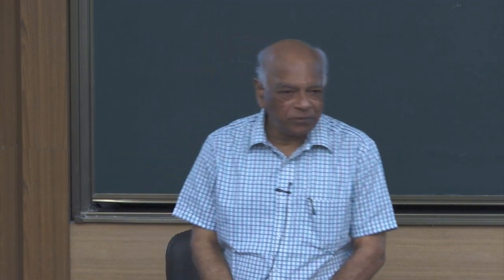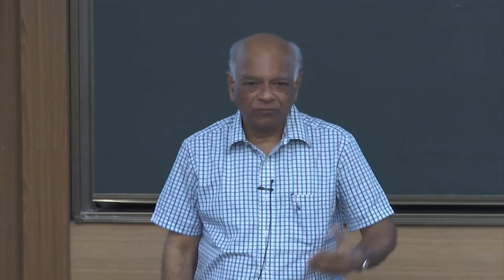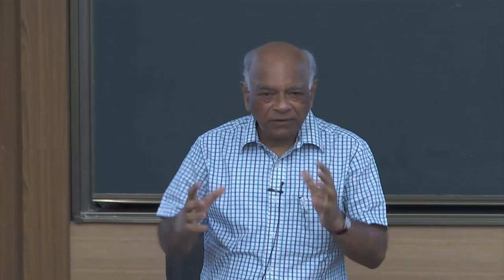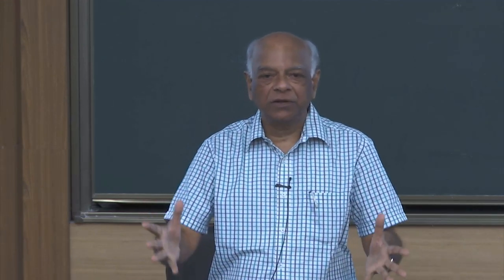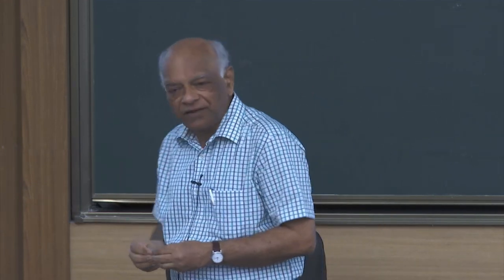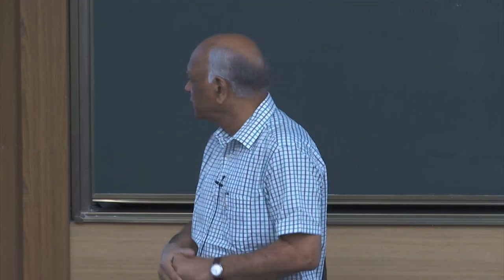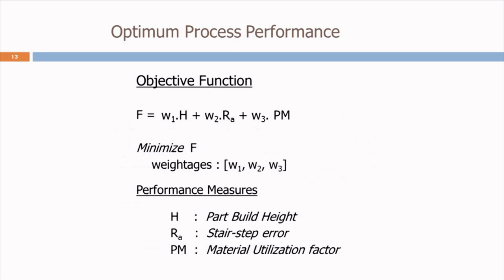Our objective is to optimize, to minimize all the three parameters. What the professor has told some time back, multi-parameter, here is actually the practical situation where you would really like to have minimization of all the three parameters: the build height or the build time, another is the stair step error, and the third one is the percentage utilization. You can see that mathematically the problem is that for a given model, you need to compute optimum values of theta x and theta y, how the model can be rotated around the x axis and the y axis, which forms the orientation. So that essentially is the optimum focus of the whole thing.